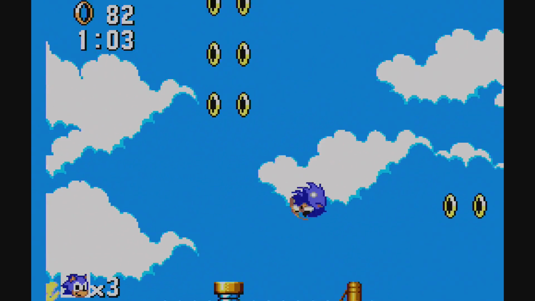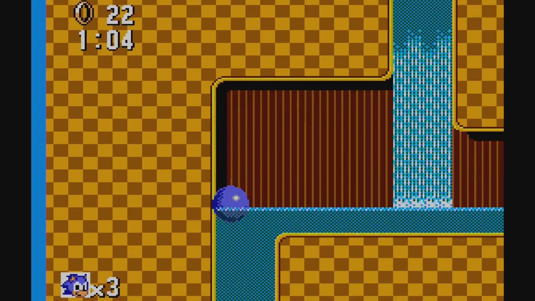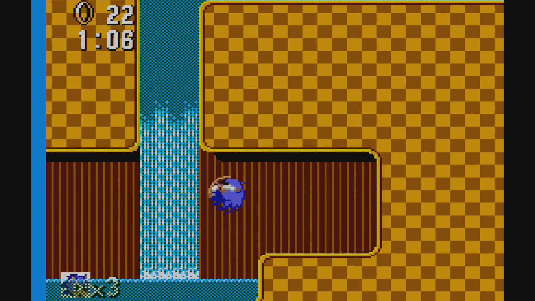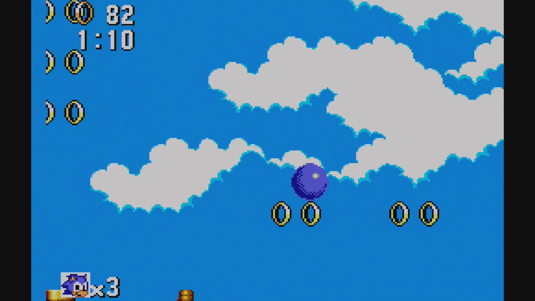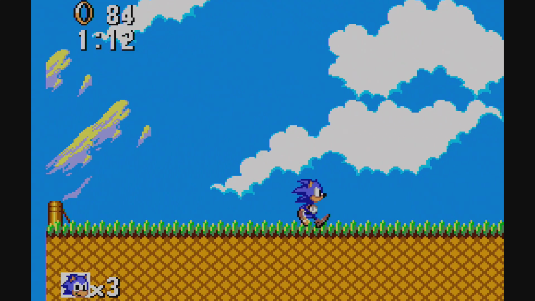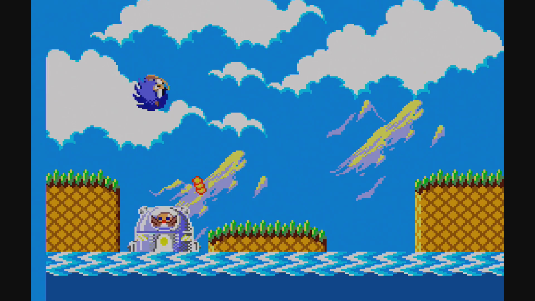Number 3 is just the way that you get that Chaos Emerald. Back in Green Hill, you had to embark on a slightly convoluted expedition to get the Emerald, but Bridge Zone puts it in plain sight and tests whether you have a grip on the controls and timing, always important aspects of a Sonic game. Number 4, and let's face it, this was always going to be the big one, that